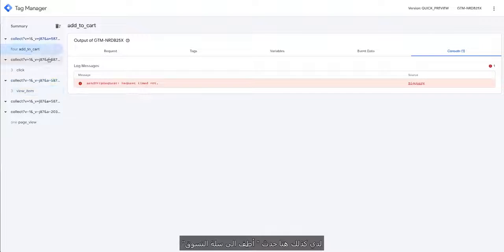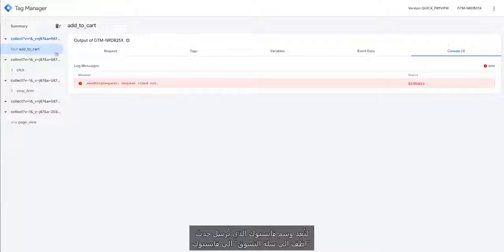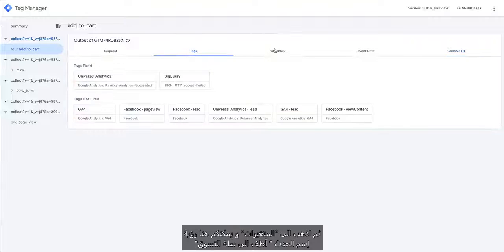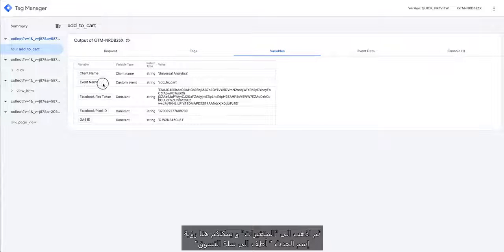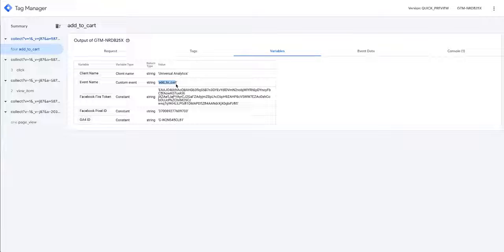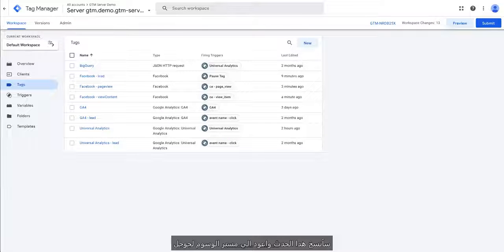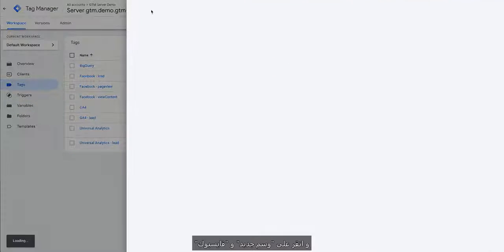So for example, let's go through one more event. For example, I have also add to cart event on my side. Let's set up a Facebook tag that will send add to cart event to Facebook. So I click on my event, then I go to variables, and you can see here event name add to cart. I will copy this event. I will go back to the Google Tag Manager